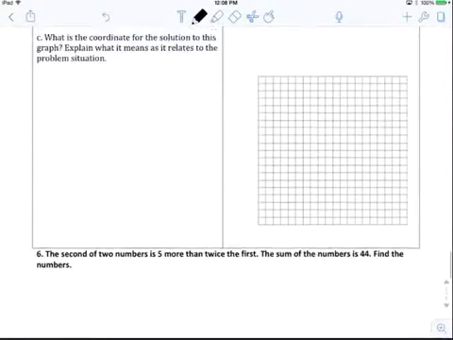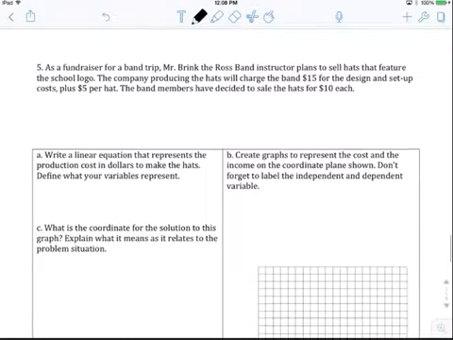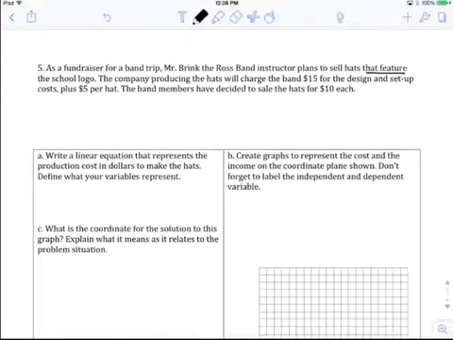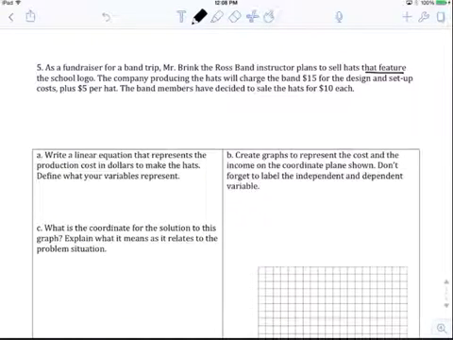I hope you guys can figure this out. A fundraiser for band trip. Mr. Brink, the Ross band instructor, plans to sell hats that feature the school logo. The company producing the hat will charge $15 for the band design, and